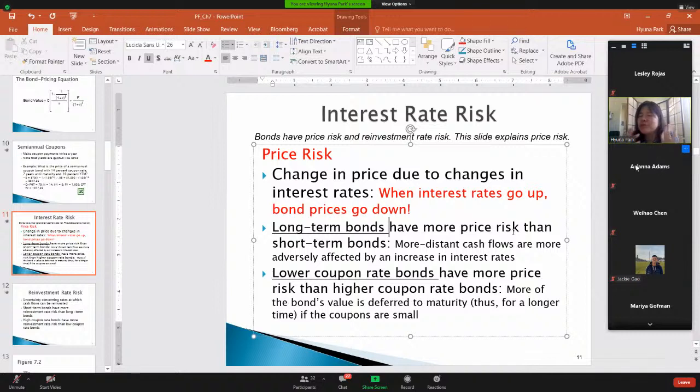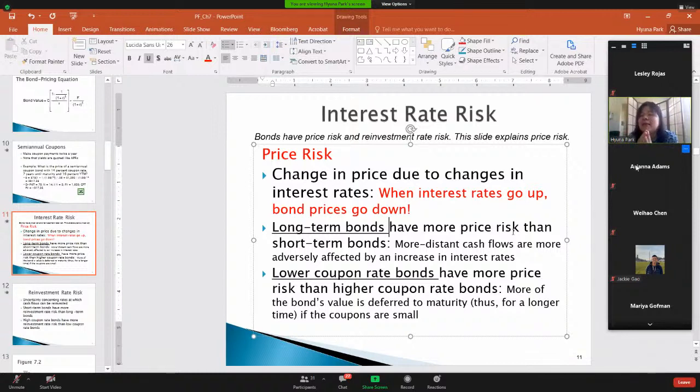My suggestion to understand the relationship between coupon rate and price risk is to think of coupon paying bonds as a portfolio of different maturity bonds. Think of each coupon as a zero coupon bond with different maturities. Lower coupon bonds are like a bond portfolio with longer maturity, principal dominating, but for higher coupon bonds, relatively speaking, short-term maturity coupons play a bigger role compared to the long maturity principal. So lower coupon bonds act like longer term bonds, and higher coupon bonds act like